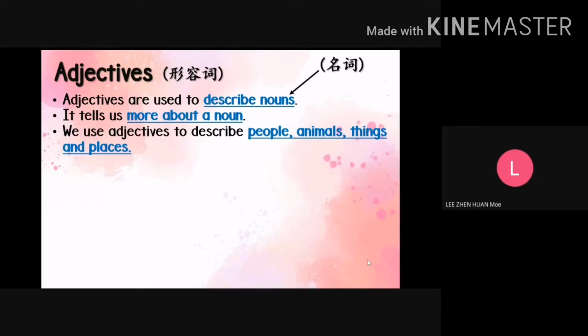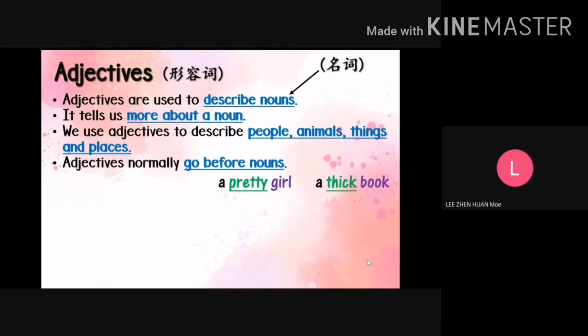Adjectives normally go before nouns. It will not go after the noun because an adjective is used to describe a noun, so it will always go before the noun. 它就是每次都会在名词的前面，它不会出现在名词的后面的。